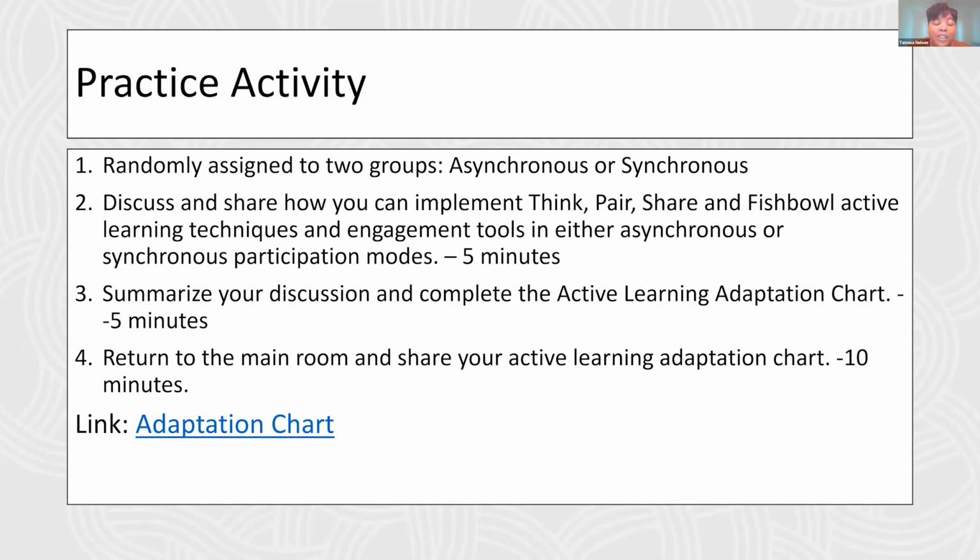Okay, so you have 5 minutes to discuss this with the people in your group, either for synchronous participation mode or asynchronous. And then you're going to summarize your discussion and complete the active learning adaptation chart. So you're going to come up with a summary of how you will apply this, as you've seen listed in the muddiest point format. And then after that 5 minutes, you're going to return to the main room, and then